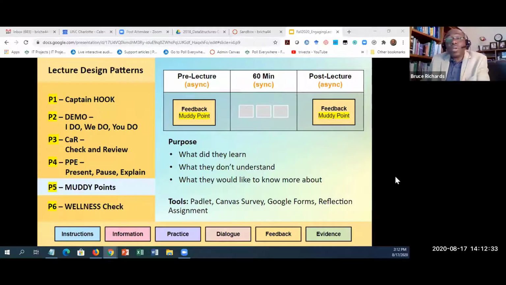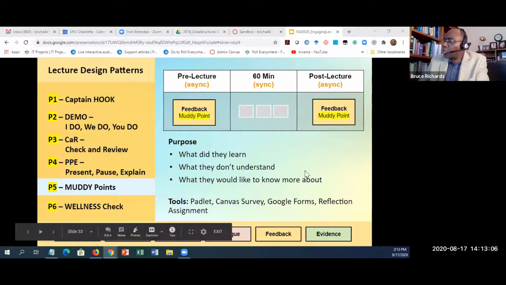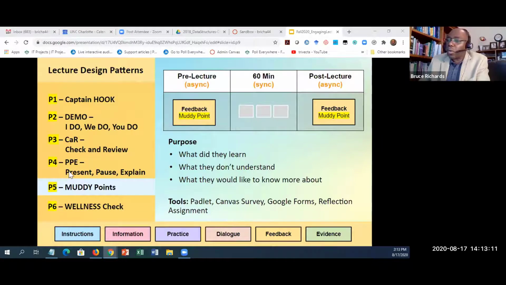Matter of fact, in the muddiest point, many faculty will tell you that they gather questions, potential questions, that they can probably use in a mid-semester or in a final semester, because now they know exactly what the challenges are, where it is that students say that they understand, and what it is that they'd like to know more about. You can now utilize those muddiest points, not only to make the clarification, but use those as actual exam questions for mid and final semester. And as you notice at the bottom, we have tools that you can utilize to do the muddiest point.